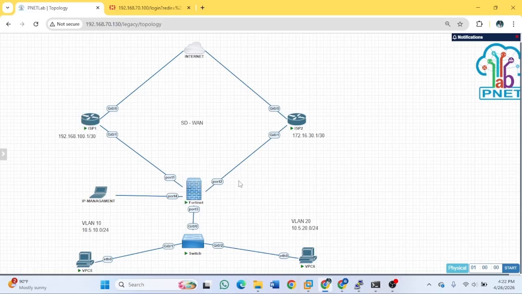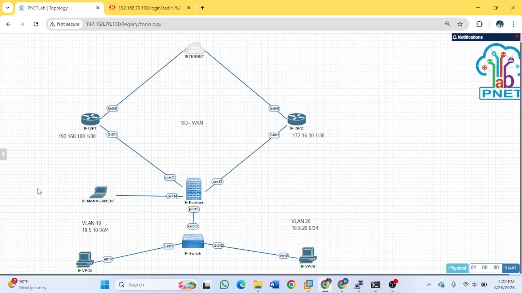This Fortinet is VGT. VGT is a combination of vSmart and vBond. We don't ask for the vManage, because in that video it is not configured with vManage.